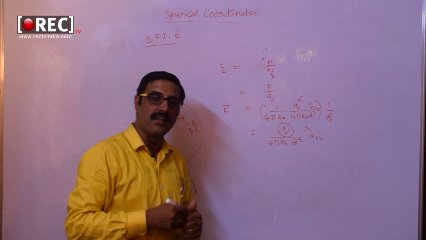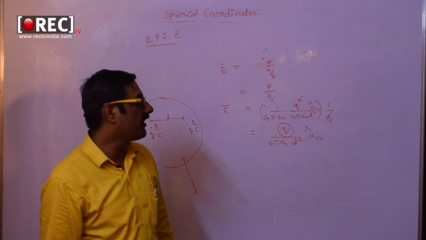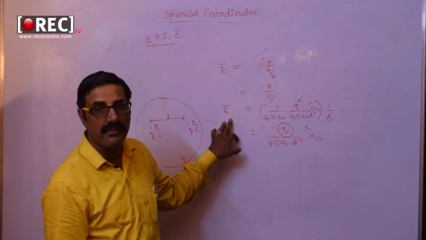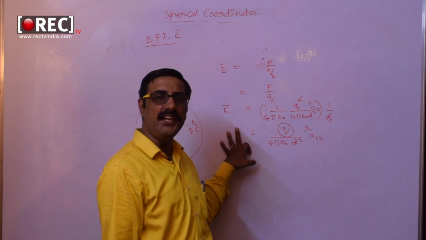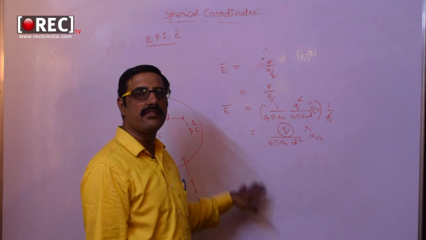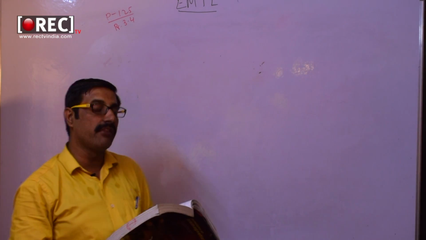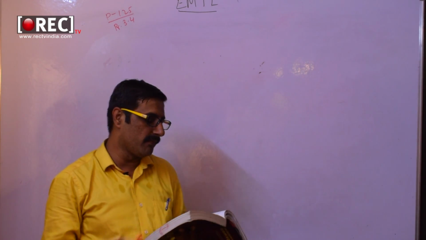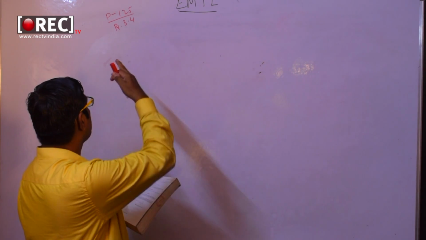Okay, so of course in the next classes we are going to determine the electric field intensity. We are going to derive an expression for electric field intensity due to infinite line charge and infinite sheet charge. Okay, now let us work out some numericals based on these concepts. In page number 125 of Sadiku 4th edition, let us work out one problem on page number 125,